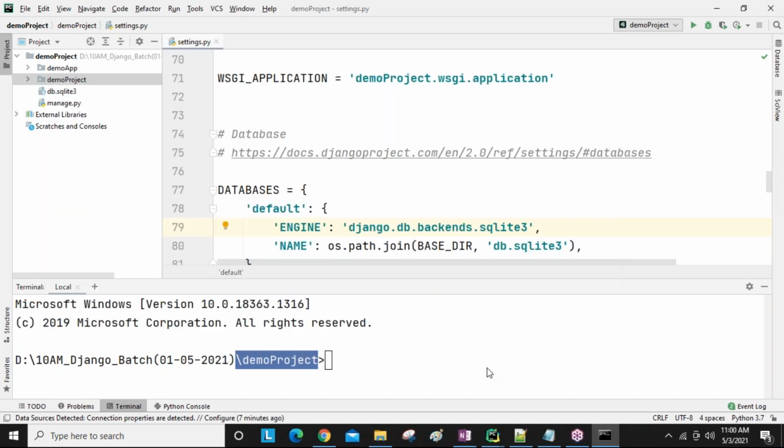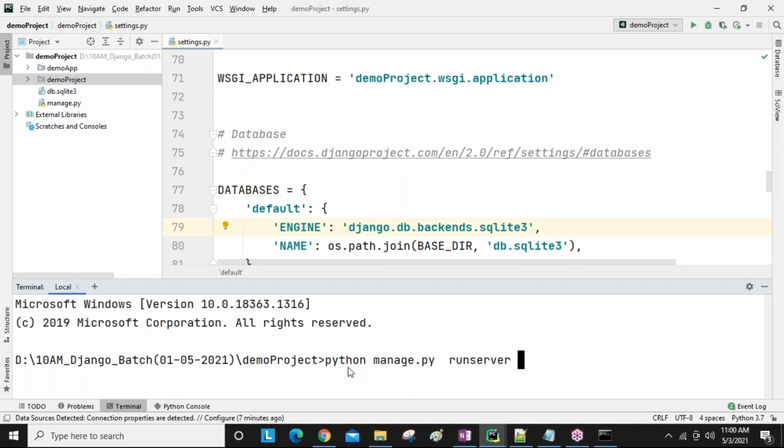Now you are going to execute, guys, python manage.py runserver, and by default it is executing on 8000. I told you 8000, guys. If you are not giving 8000 also, it automatically runs with that.